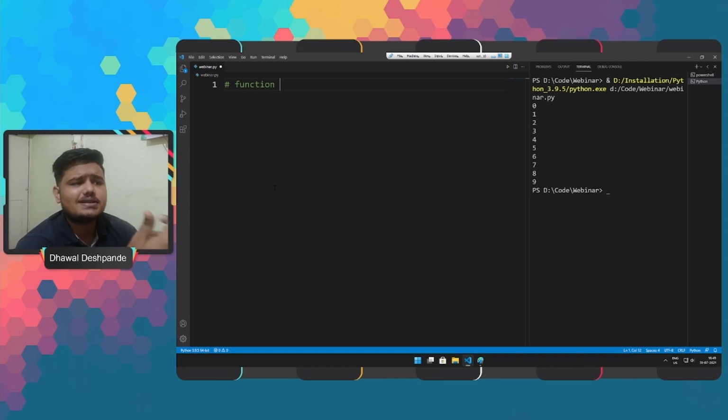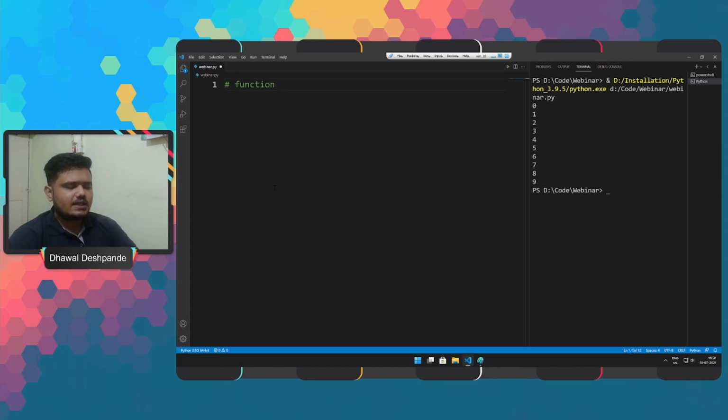This code block is there in our program, but it will only run when we call it. In a function you can pass data, and the data which we pass in a function is known as parameters or arguments. A function can return data as a result. Also, we can directly print the data to our screen.